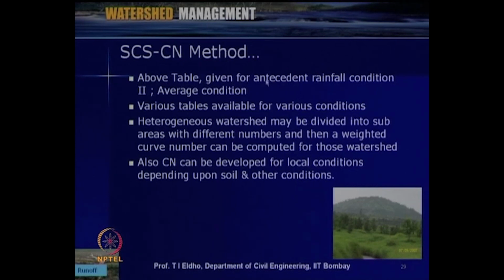So, the above table gives values for antecedent rainfall condition 2, the average condition. Various tables are available for various conditions, and we can obtain values based on those; these are available in standard textbooks. A heterogeneous watershed may be divided into sub areas with different curve numbers, and then we can get a weighted curve number for the local condition depending upon the soil and